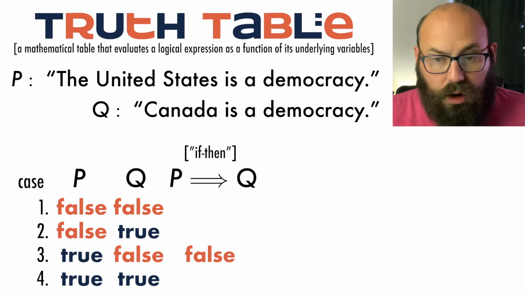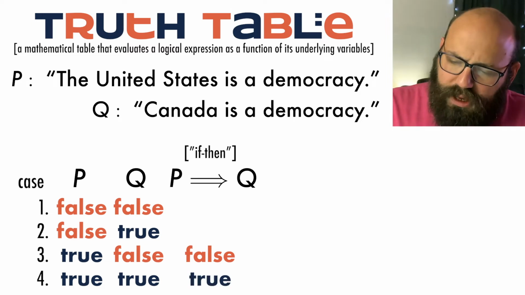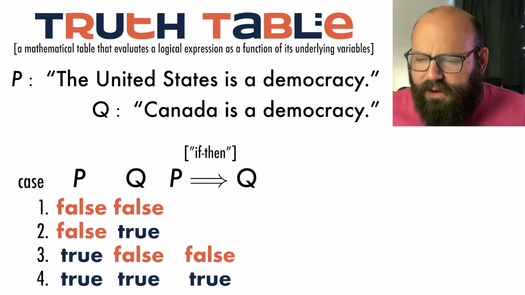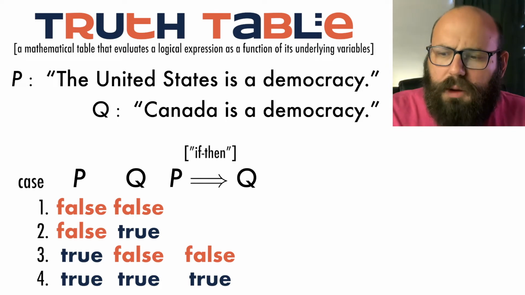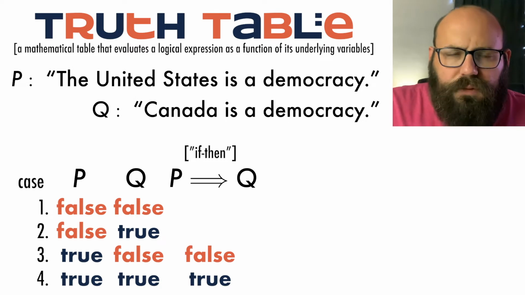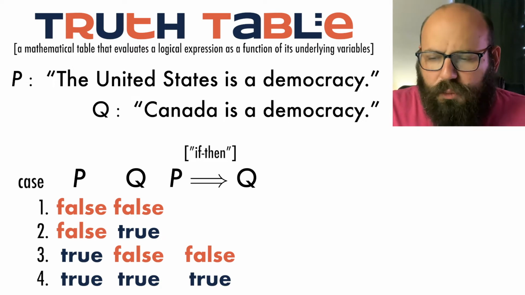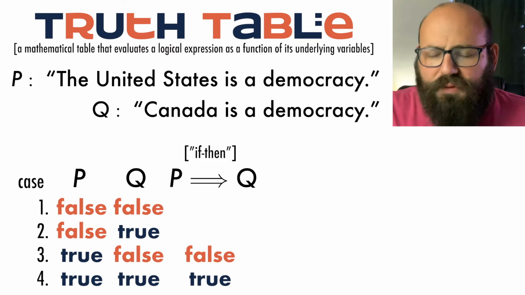Now, in case 4, P is true and Q is true, so we're happy. That's a T. That's great. That leaves cases 1 and 2. And there's a reason that I tried to introduce if P then Q as sort of like a promise. So the question is, if P then Q, if we view it as a promise, and then either case 1 or case 2 happens, would we feel like whoever made that promise broke their promise?